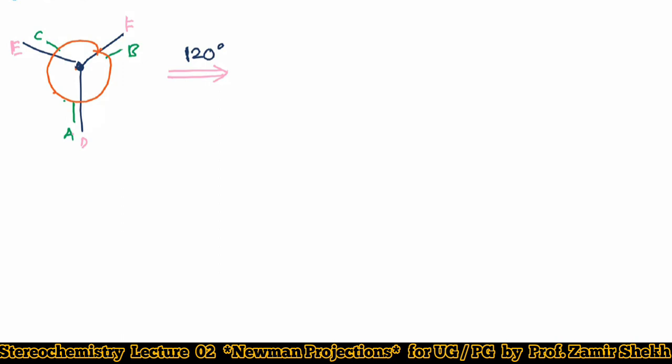If I rotate via 60, what happened now? This B is going to take this position, and this will go to this position now. But I am going to rotate via 120 now. That means